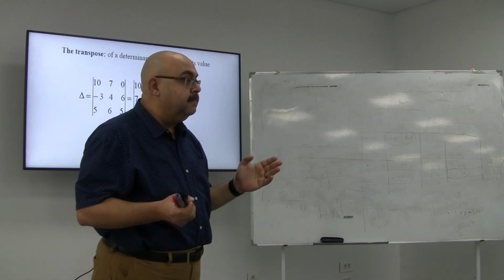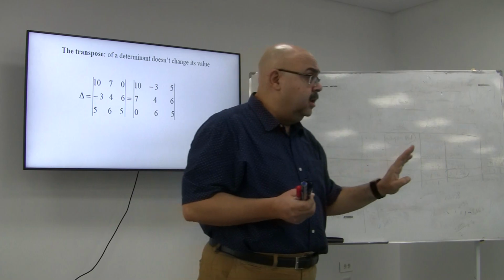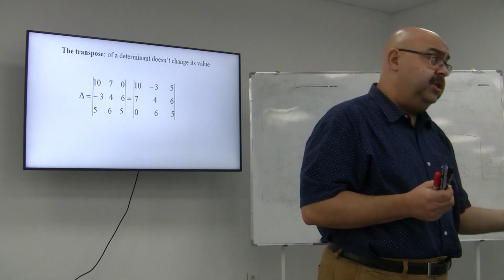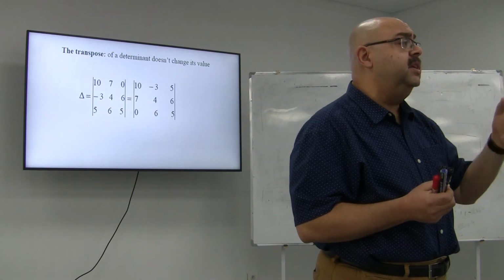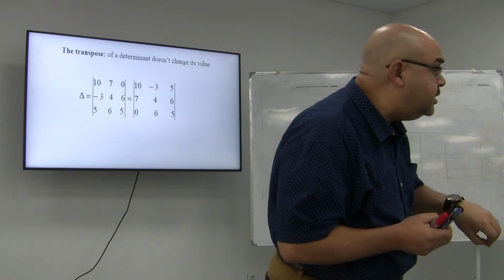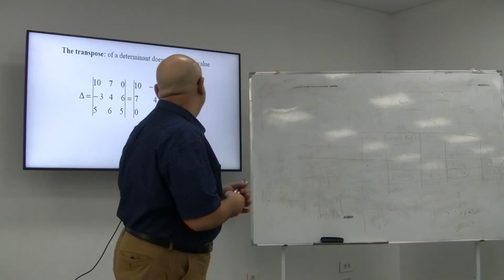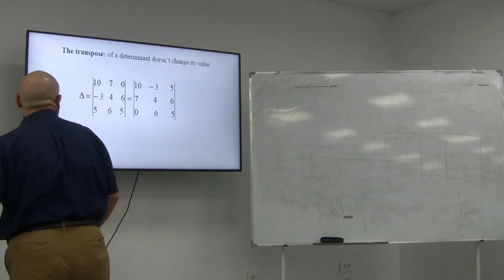Just for the 3 by 3? No, for all of them. Getting the determinant for a matrix is exactly like getting the determinant for the transpose of this matrix. It's going to be the same. Okay, so this is one of the